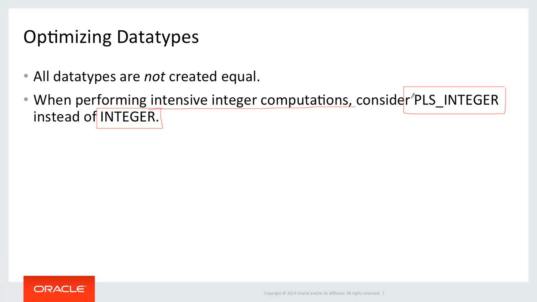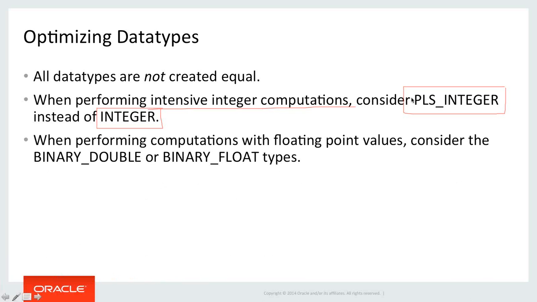as long as your numbers are in that range, you can use PLS integer, and it'll be significantly faster if you have lots and lots of computations. But for most normal integer operations, it really won't matter. The only reason then to use PLS integer is that it just looks like you know what you're talking about, and that's always kind of nice, even if you don't really need or will see the impact of that data